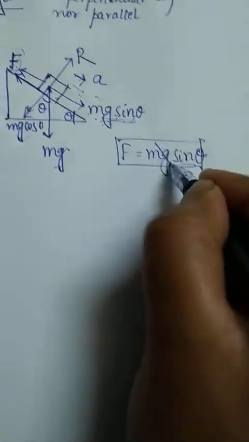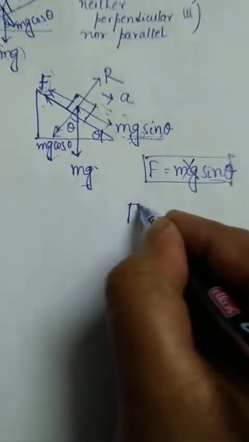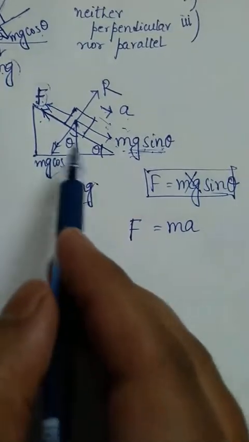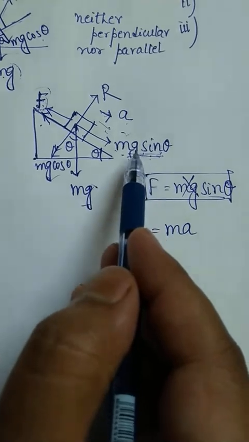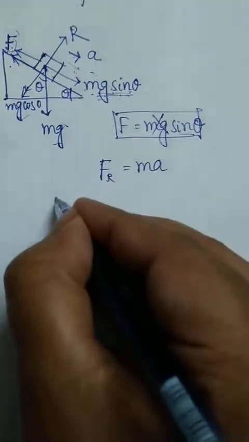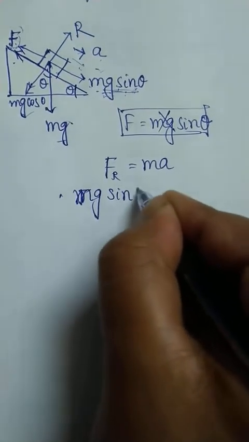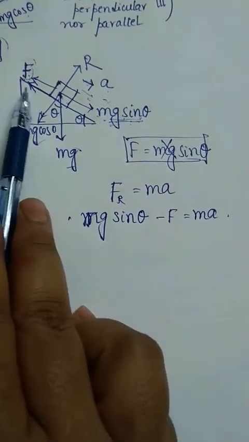So what is the resultant force? Resultant force means F equal to ma. We shall apply the equation here. Now this is not applicable in this case, now we shall apply F equal to ma. This F is the resultant force. So here the resultant force is the bigger one minus the smaller one. This is dominating, so mg sin theta minus F is the resultant. So instead of F resultant, we shall write bigger force, mg sin theta, minus smaller force, that is equal to ma. That means dominant minus smaller one.